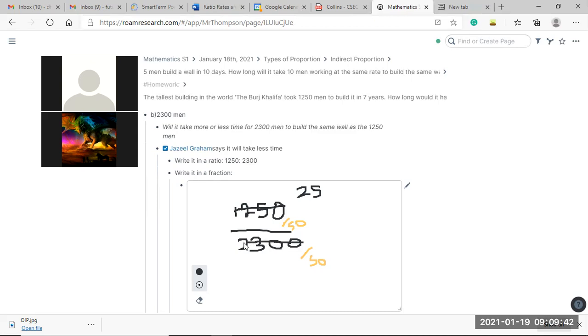So remember, it doesn't have to be perfectly simplified. You could just leave it as is and work it out, but it's whatever works for you. So in other words, 25 divided by 46 is the same equivalent fraction as 1,250 divided by 2,300. Now, with this fraction, step 3 is